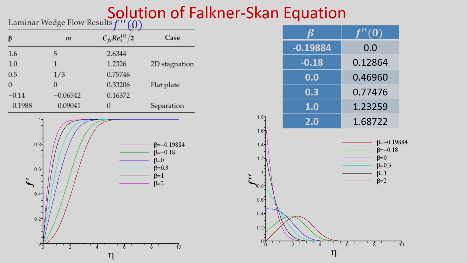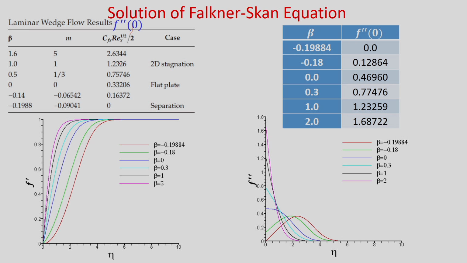So, you can see that from the numerical solution you have to guess this value, and you have to see that at eta tends to infinity f prime should become 1, right. So, you can see that for different values of m, here is the f double prime 0 value. Okay. For a special case, m is equal to 0, that means it is flow over flat plate, and we have already shown that f double prime 0 is 0.33206,